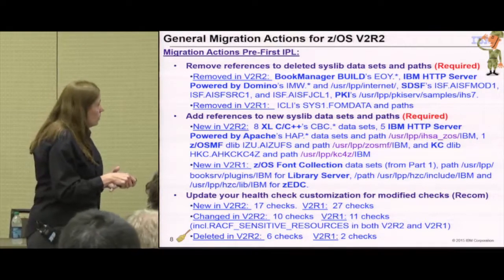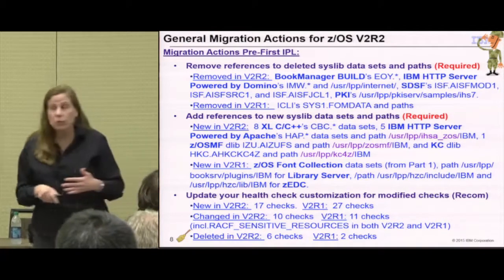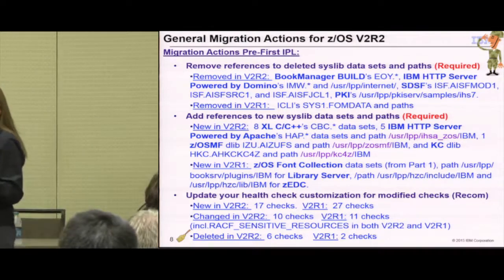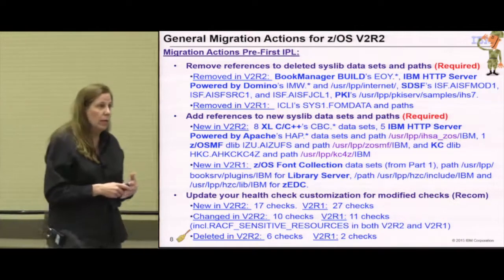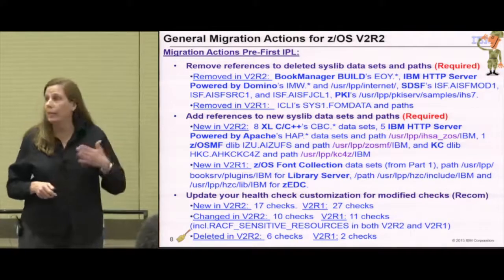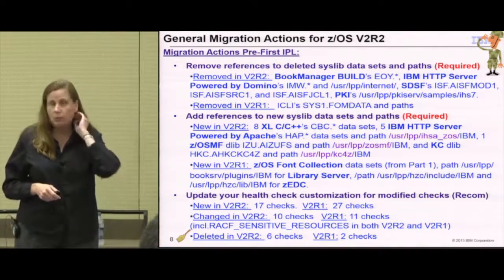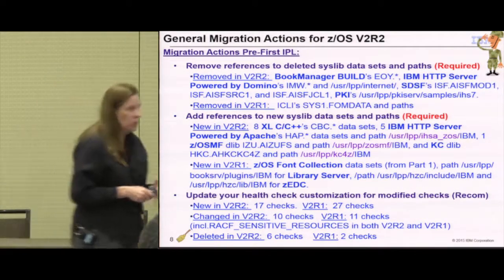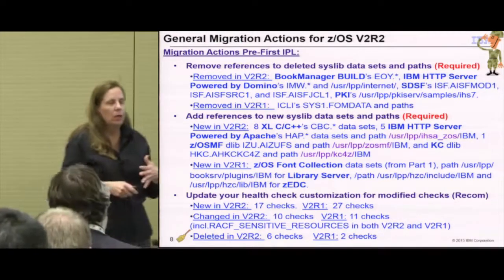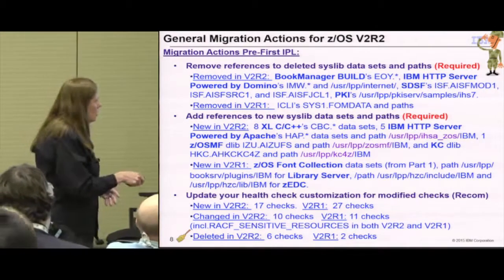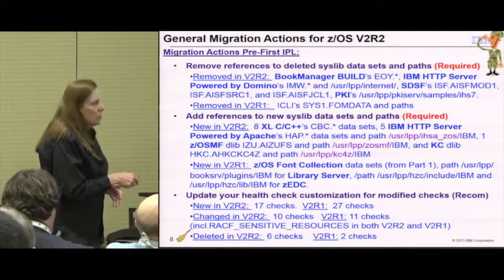Incidentally, the RACF sensitive resource check, which is a very general check that we have for RACF, has changed in both 2.1 and in 2.2. Okay, so they keep adding more stuff that RACF is looking at in the RACF sensitive resource check. And then we have 17 brand new